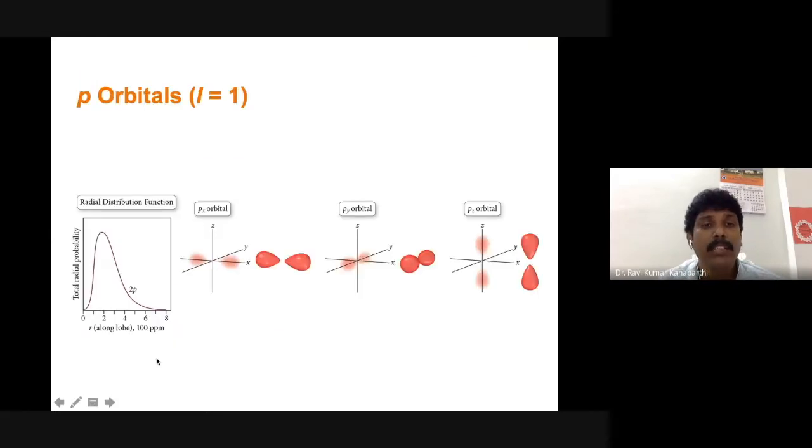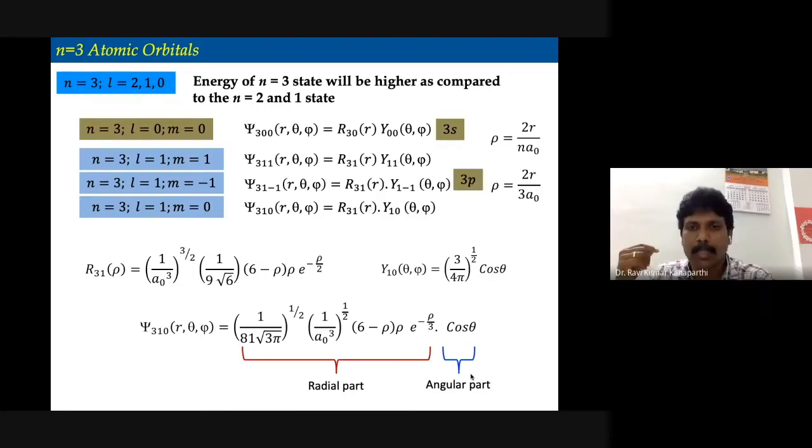So you can take these things as an exercise. Of course, these are something you might have seen in your previous classes, how these look like. So I'm not going to do that because we can't cover everything. The orbital which we would like to see today is basically the 3d z square orbital. That is the d orbital we will see.